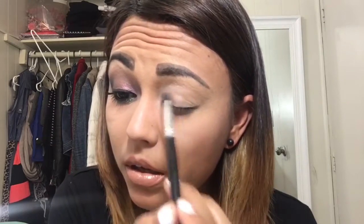So this shade, I'm just gonna put it all over my eye. Now the next step is I'm just gonna grab this shade on the same little palette. It's called Cover. Sorry, I'm sorry about my nails. I'm gonna go get them done tomorrow, but it's the shade Cover, and I'm just gonna take it with a blending brush and apply it on my crease,